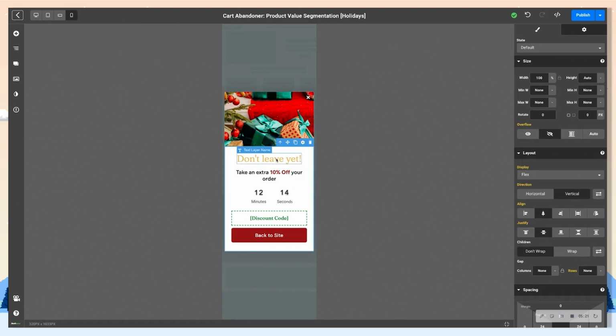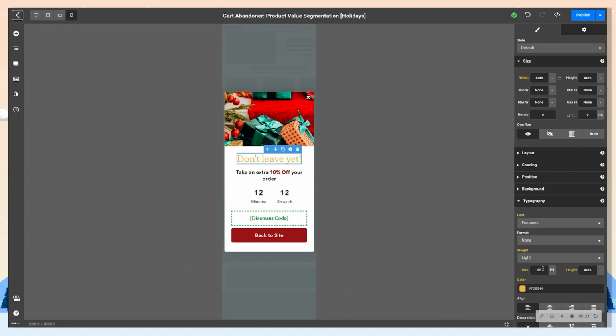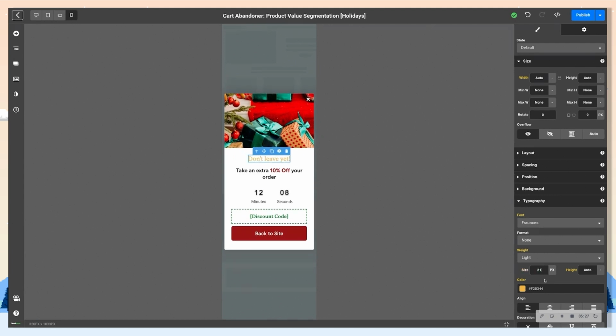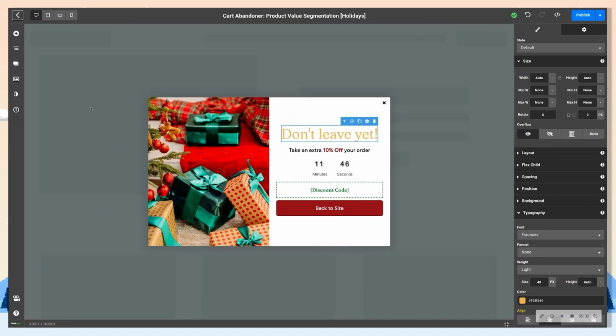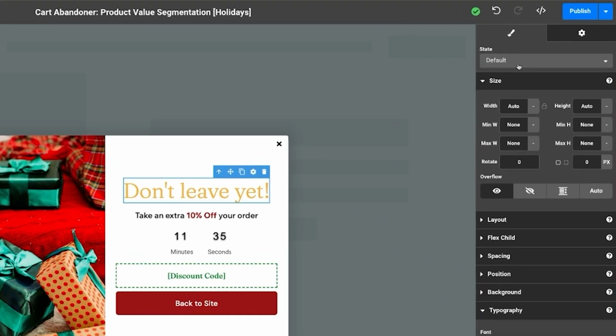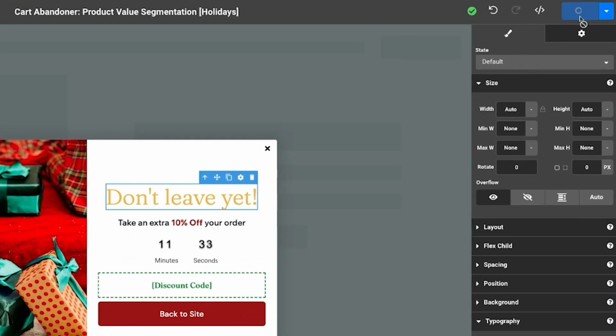So as an example here, let me just change this font to be something a little smaller because we are on mobile. We probably don't need something as big. We'll go back into desktop and you'll see that hasn't changed at all. So you can be sure that any updates you're making to that mobile can be really specific to how your mobile layout is. Once we're happy, we will go ahead and publish this on the right-hand side here. That's ready to use in our